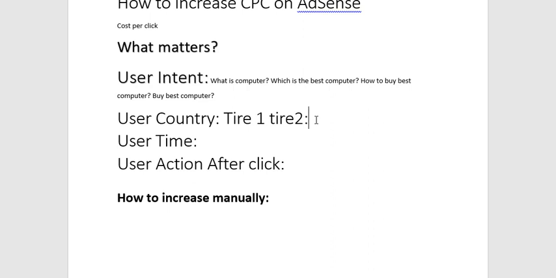So if your bounce rate is higher, then your CPC will be low because the user is not just spending time on your website. And we all know, and you should know, that AdSense takes time to load its ads properly. And if a user is spending good time on your website, on your article, on your page, then Google AdSense just